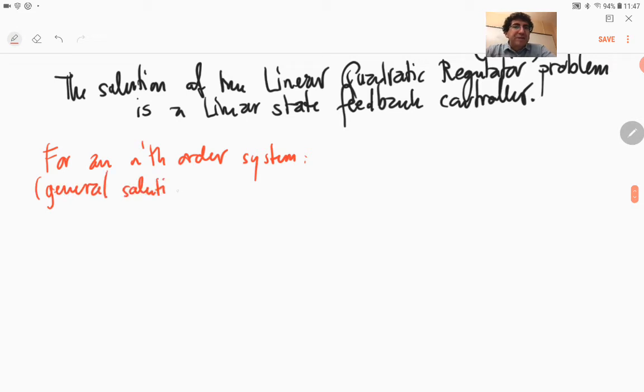Unfortunately, derivation of this is beyond our scope at this point. But we have x dot equals, in this case, Ax plus Bu. X is obviously in R^n, and let's also assume that we have scalar input, so u is still an element of